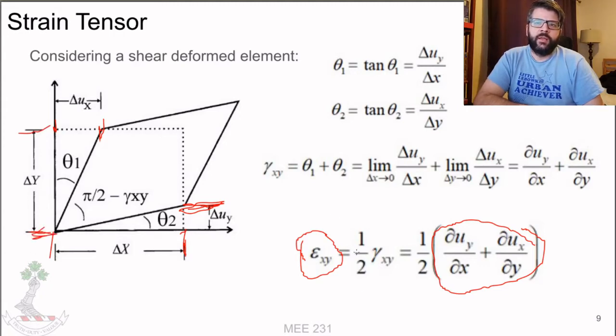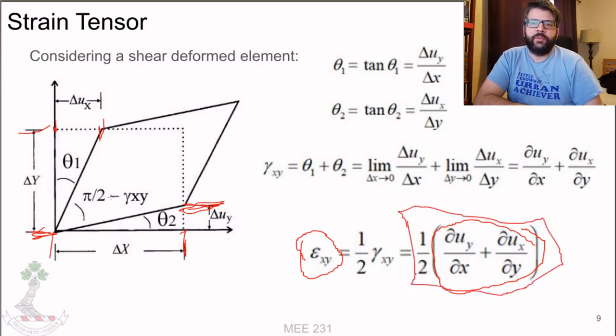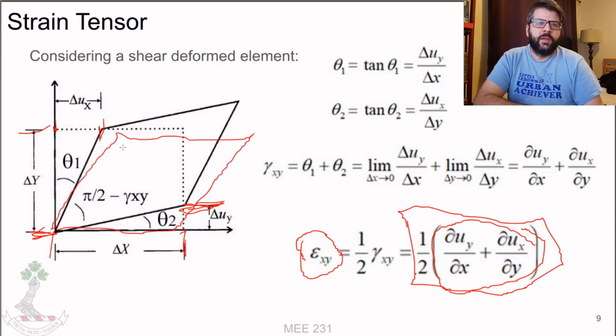Which, if we average those out, works out to be half of the engineering strain, because you'll see that if we'd taken this parallelogram here and had it oriented like this, you'll note